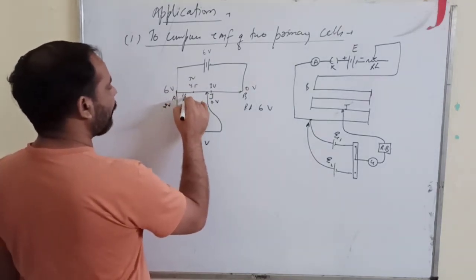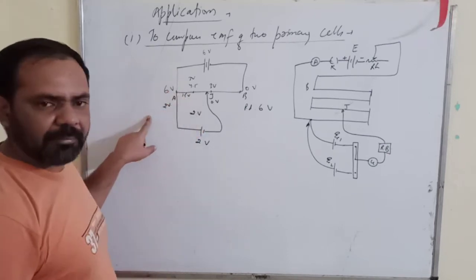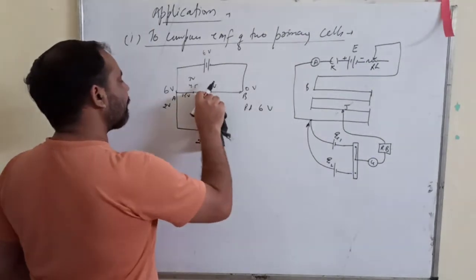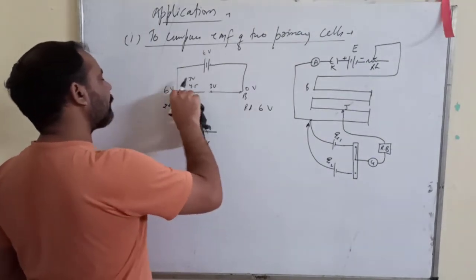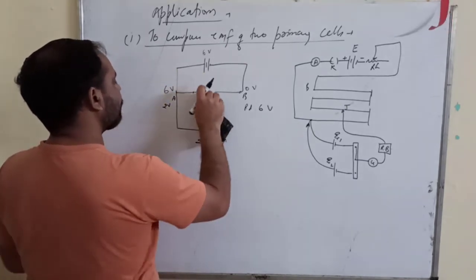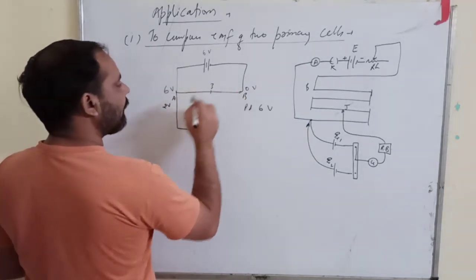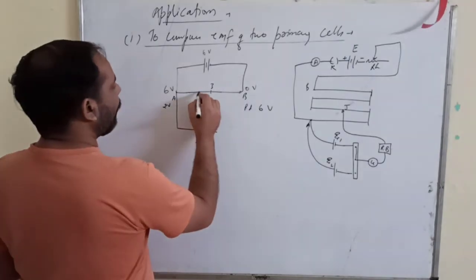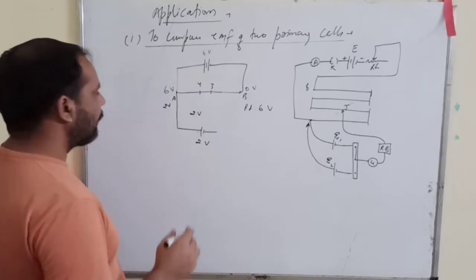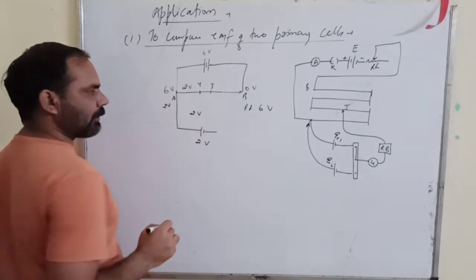It is 1.5 volt. The drop from here to here is 1.5 volt. Now similarly you will get a point where the potential must be, this is 6, this is 0, at the center it will be 3. There should be a point where the potential will be 4 volt. Correct? The potential is 4 and therefore the drop is 2 volt.